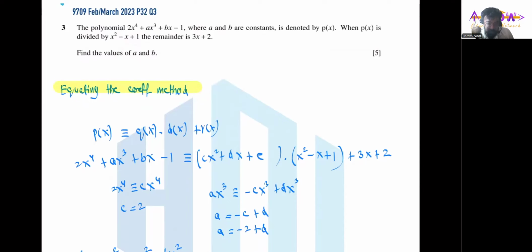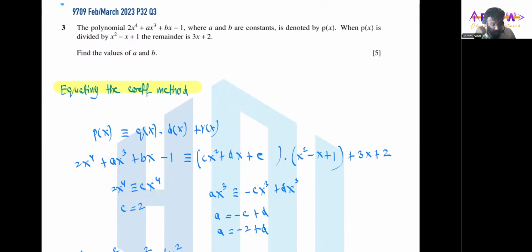As you can see that there is only one way to find the term in x raised to the power of 4 over here, and that is basically cx square multiplied by x square. This will give you c multiplied by x raised to the power of 4, and here we can see that the term in x raised to the power of 4 is 2 multiplied by x raised to the power of 4. So these two terms are identical to each other. So equating the coefficients, we can say that c is therefore equal to 2.